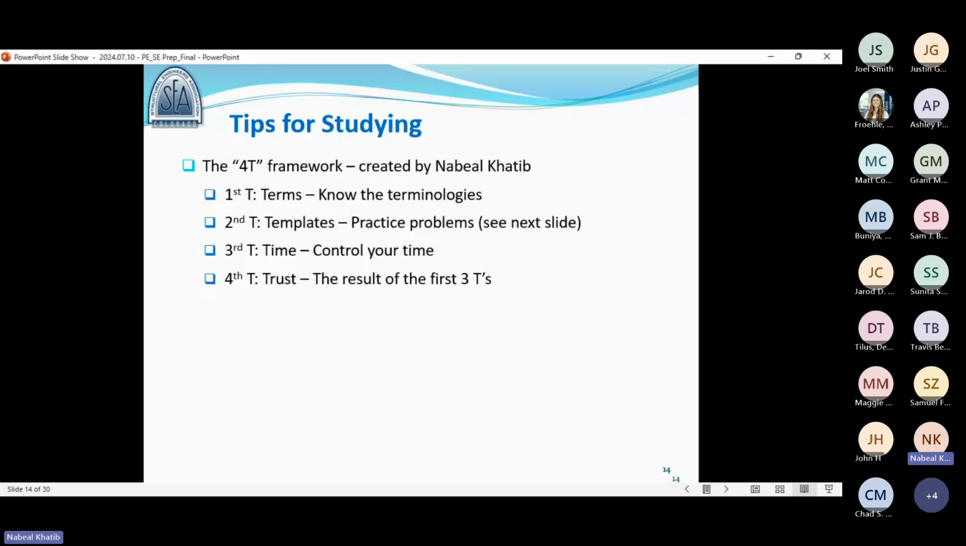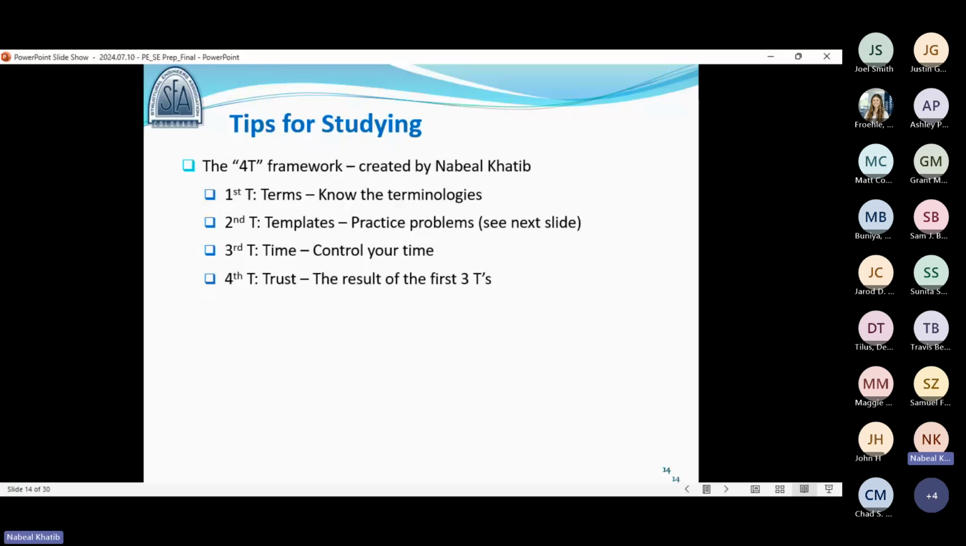T number one refers to terms or terminologies. Before you try to do something, you need to understand the terminologies of that thing. Say I'm going to deal with a one-way slab. I want to know what terminologies could pop up when I do a problem on a one-way slab or two-way slab. What is the difference between them? What is this nomenclature? What is that definition? So that's number one. You won't be able to solve problems before you at least understand what each